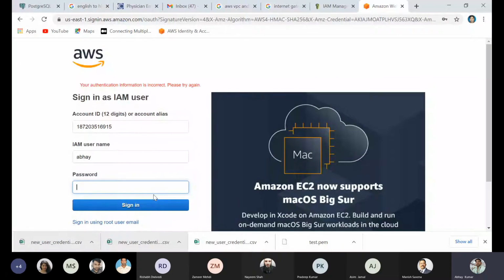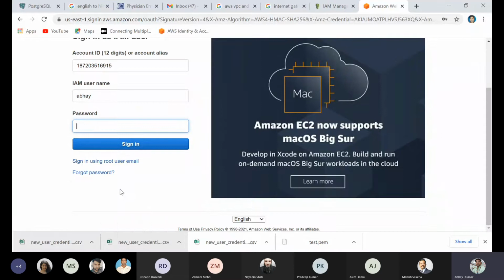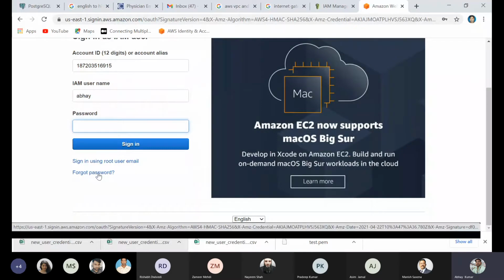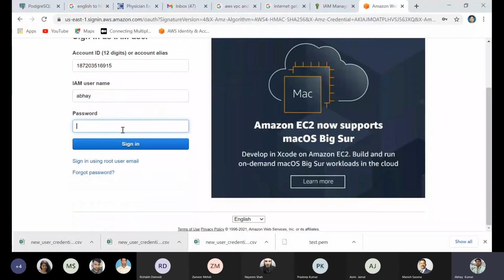So this error is showing because I created a user and forgot the password. Here is the option to reset the password. You can go with forgot password, and if you mention the mail ID in the same process, you can recover it from here.